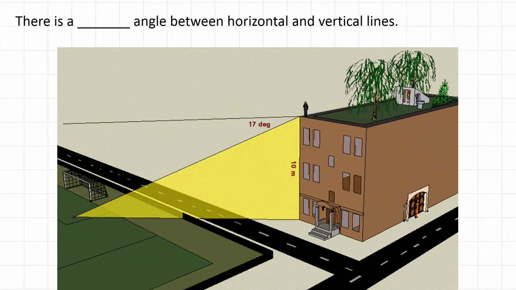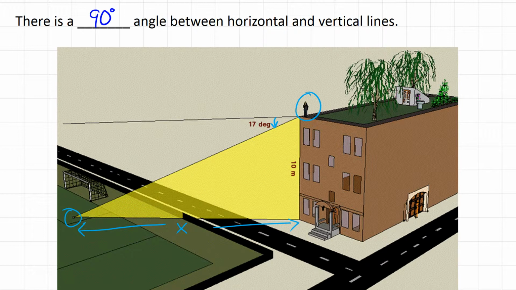Now, one thing we have to consider is that there is a 90-degree angle between horizontal and vertical lines. In this picture, we have this person on the roof looking down at a soccer ball on the ground, and they would measure an angle of declination from some imaginary horizontal line down to the soccer ball. But if you were imagining using this information to calculate the distance to the soccer ball, maybe we could call it x,